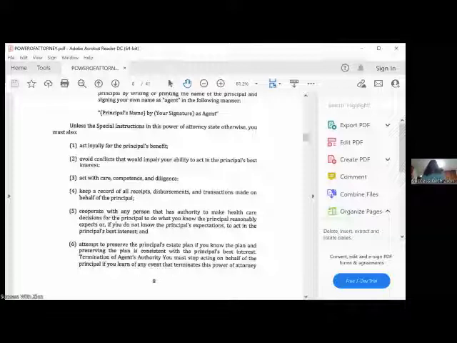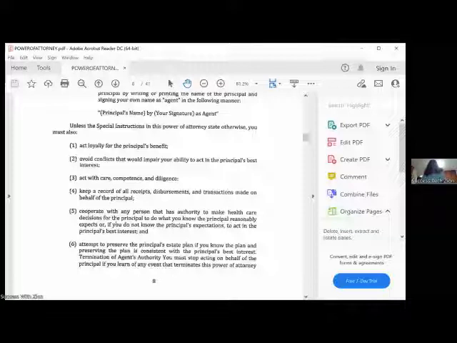Important information for the agent. Now, the agent would be you. Whenever you see agent, make sure whether they're talking about the agent that's helping them with the deal, whether it's a refinance or whatever it is, or whether they mean agent as in you. In this case, they're referring to you.